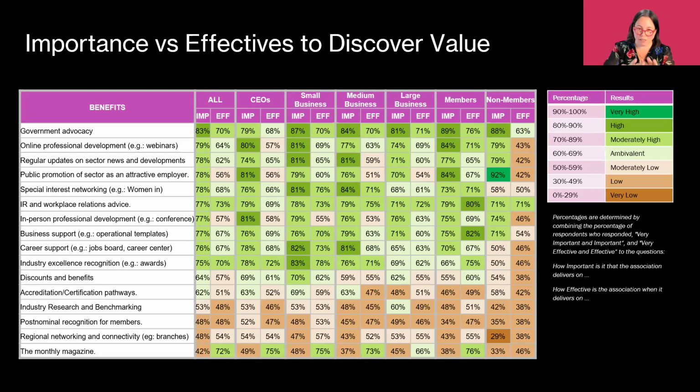One of the reasons I highly recommend doing this kind of research is when you're crafting your value proposition, if you have proposed categories, divide the research by the people who fall into those categories so you can understand what's important to them, how well you're doing at it, so you know where you can focus your limited resources to make the most impact.